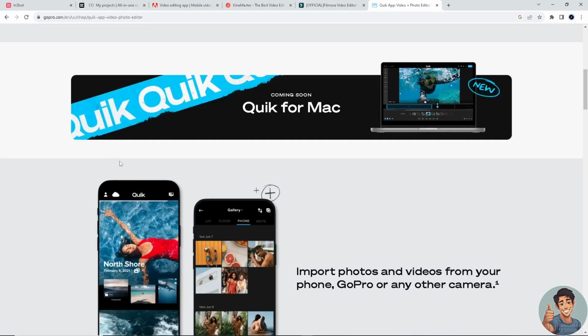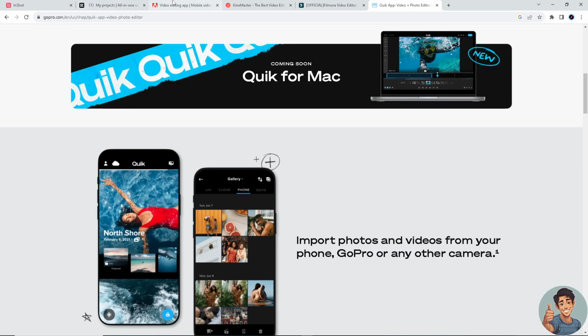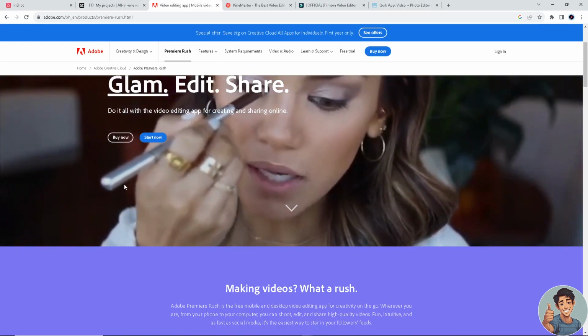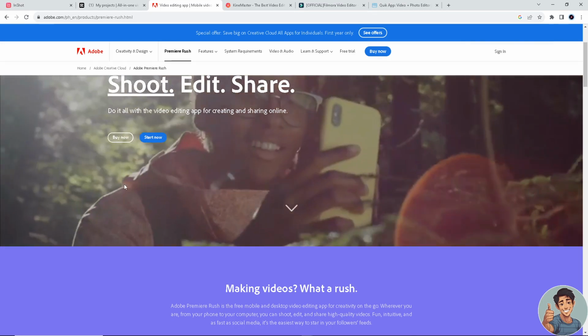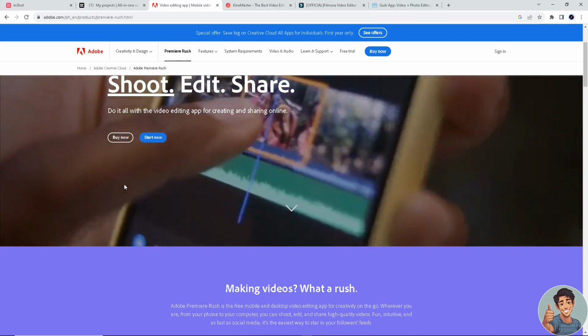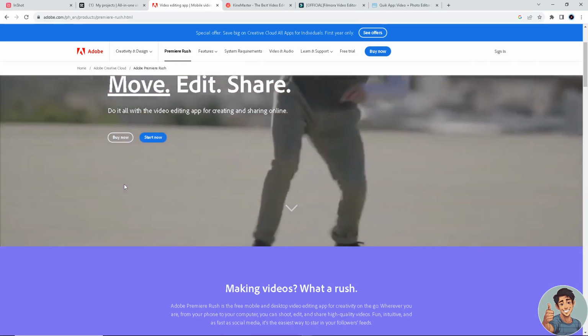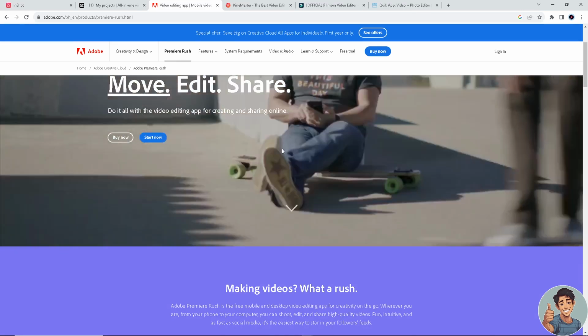All right? Remember, guys, that the effectiveness of an editing app depends on your specific needs and preferences. And new apps may also emerge, so it's a good idea to check the app stores for the latest options and reviews. Always ensure that the app you choose is compatible with your device and has the features you require for your